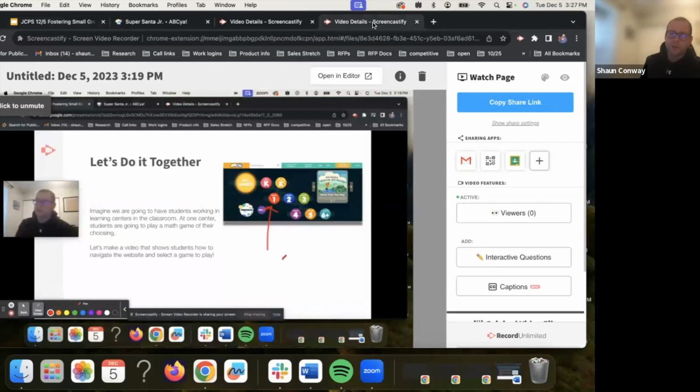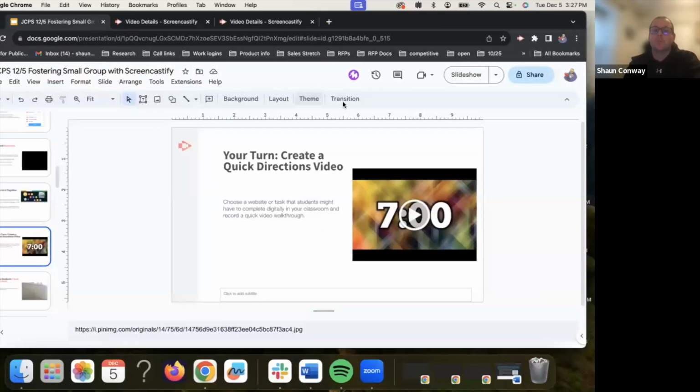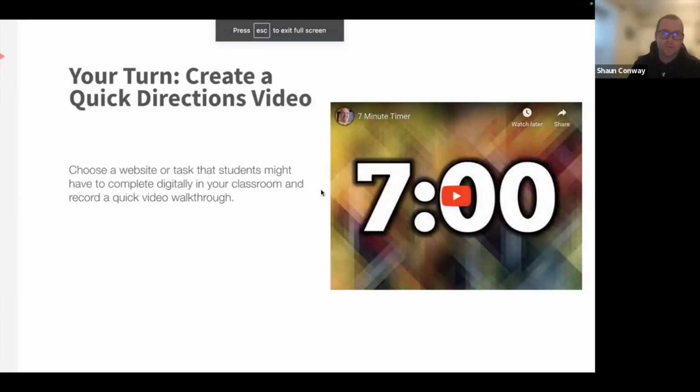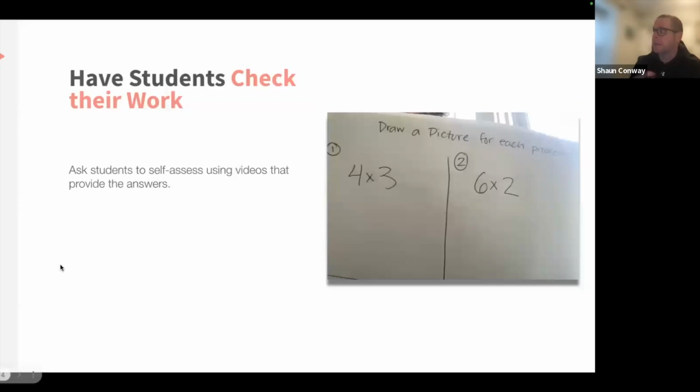So what we'll do is we will come back to show all of the options that start from here, because there is quite a bit of stuff that you can do in terms of really expanding how you're sharing those quick instructional videos. But we also want to keep moving just for the sake of us being able to get through as much as we can in the short time, because we are almost halfway through already.